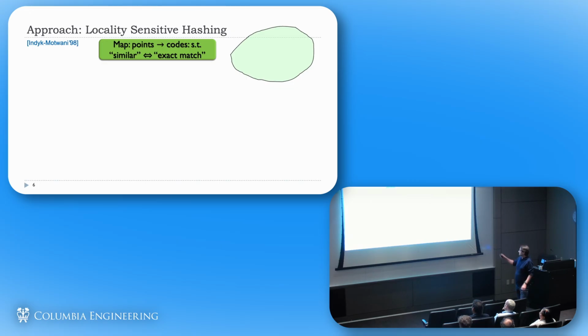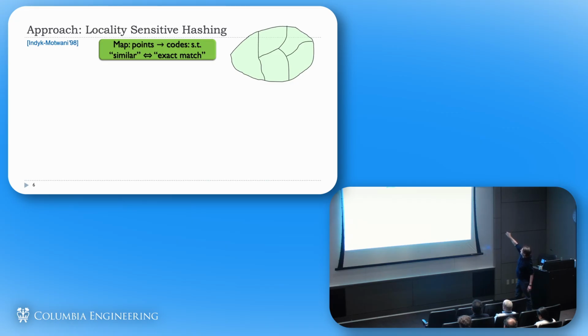You can think about this as a hash map. In computer science language, it is a hash map that maps the points in high-dimensional space into codes. Geometrically, you can think about it as follows. This is purely a partition of a space. So this blob is my high-dimensional Euclidean space, and this is just a partition. You can think about a hash map from points to codes as basically just a partition of a space.